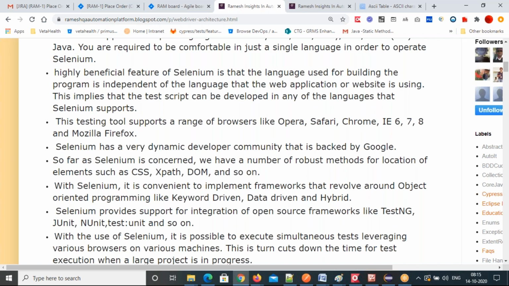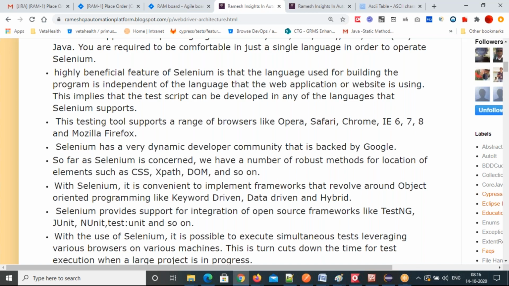Different frameworks are supported by Selenium automatically. You don't need to download those tools or frameworks. It is inbuilt in the Selenium code. For example, if you're using Java, you can use JUnit and TestNG frameworks. If you're using C#, you can use the NUnit framework. If you're using Ruby, you can use the TestUnit framework. Like that, different frameworks are available.